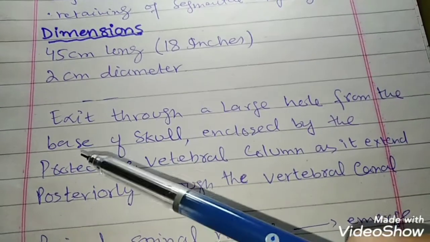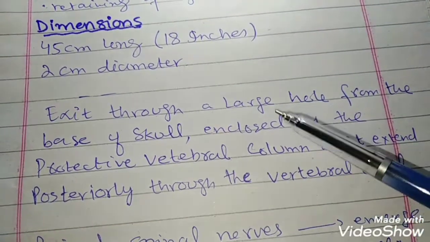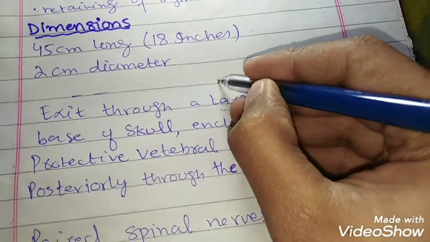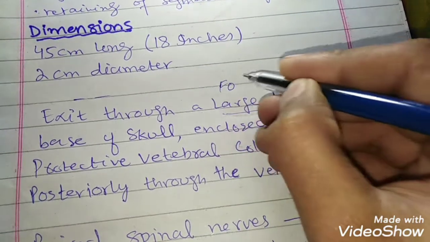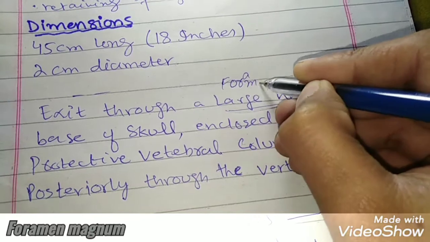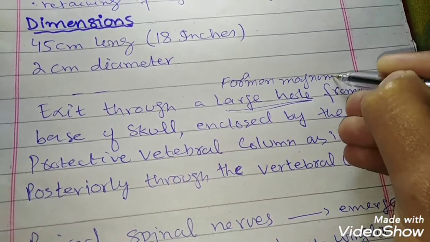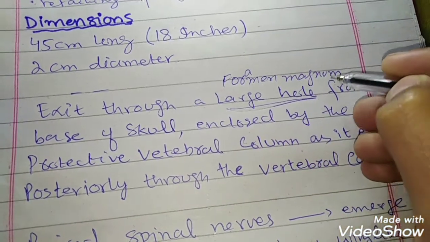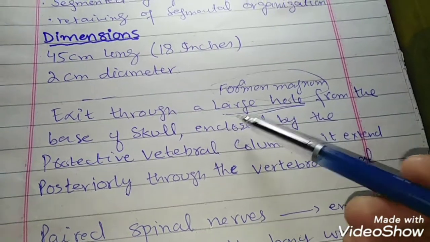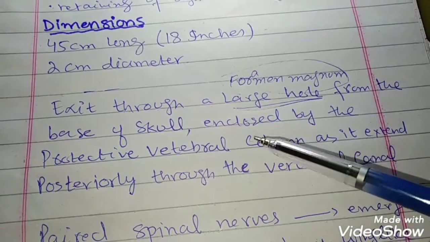The spinal cord exits through a large hole at the base of the skull, and this large hole through which the spinal cord exits the skull is called the foramen magnum. Foramen magnum is the large hole in the skull through which the spinal cord exits, and it runs through